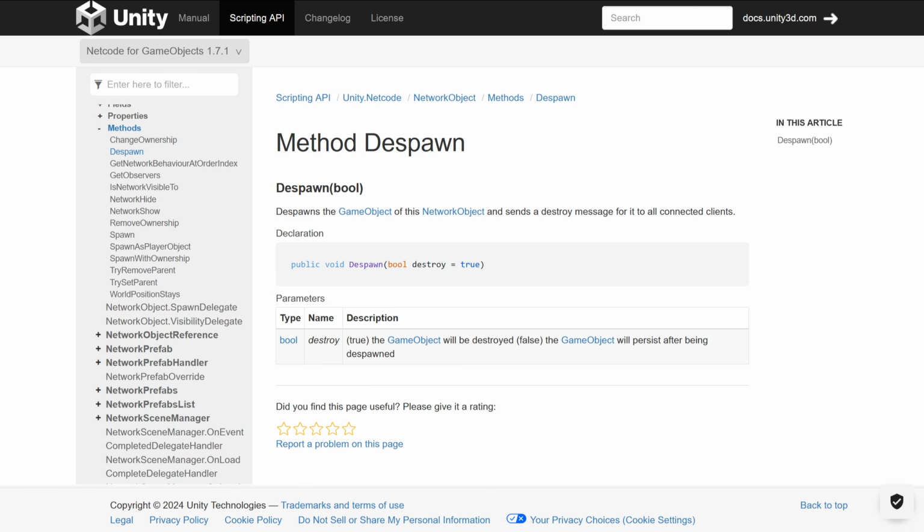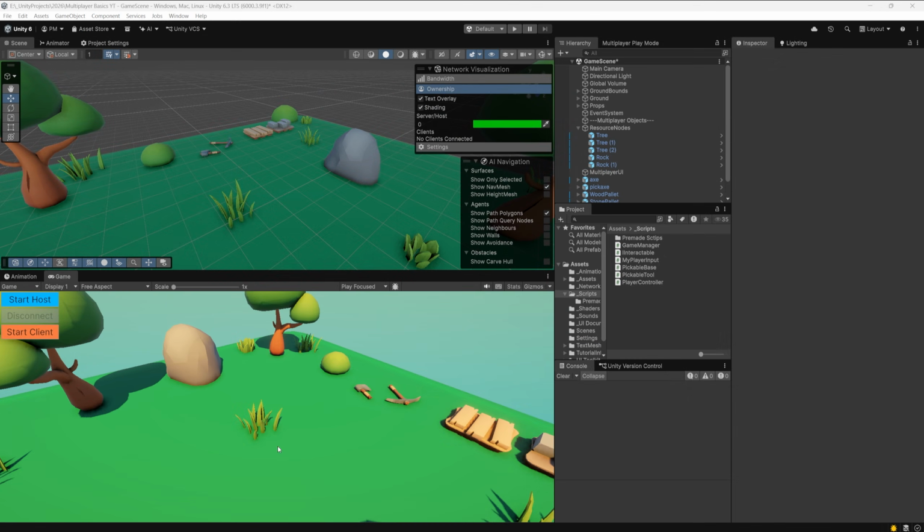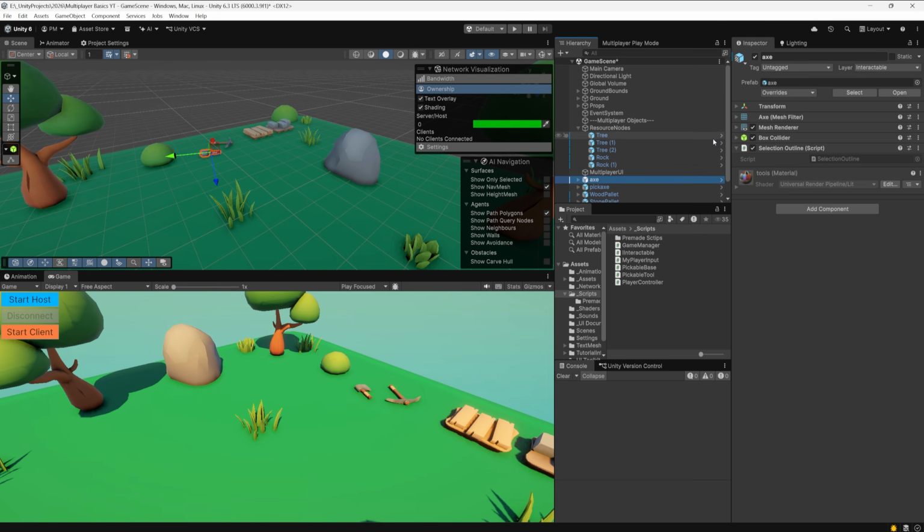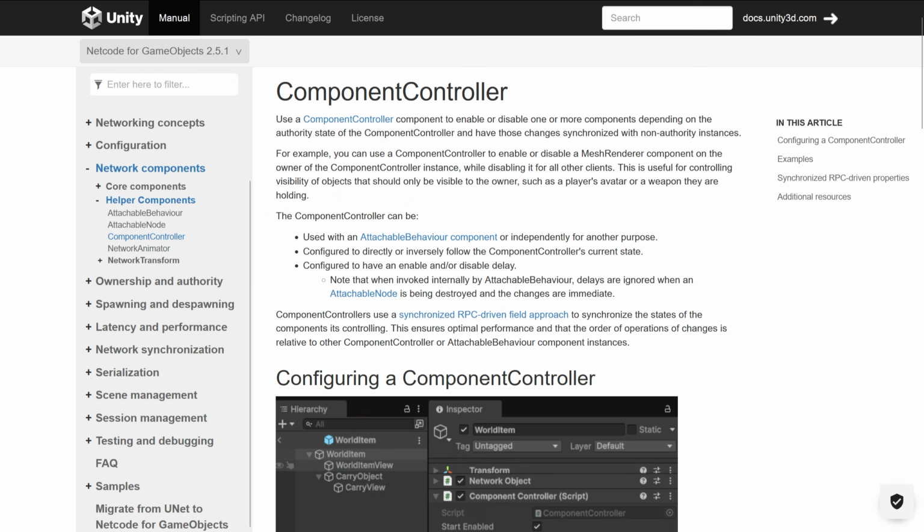The alternative method is to despawn the object from our multiplayer session and actually destroy it from our scene. While each solution has its uses, in Unity we can't really, in a multiplayer session, just disable the object and be done with it, because the change is local. We would have to synchronize it with other clients. That is why Unity provides us with the ComponentController component, which solves this by handling the synchronization of enabling and disabling components